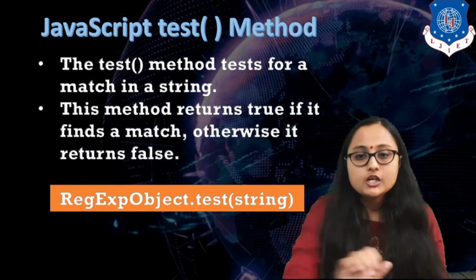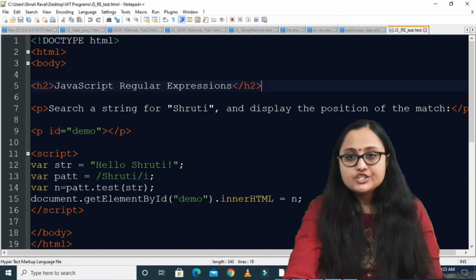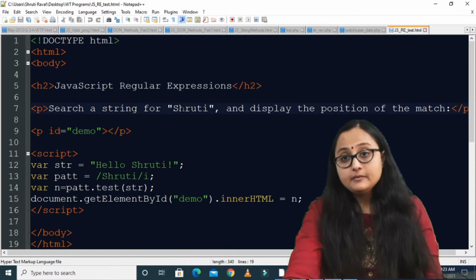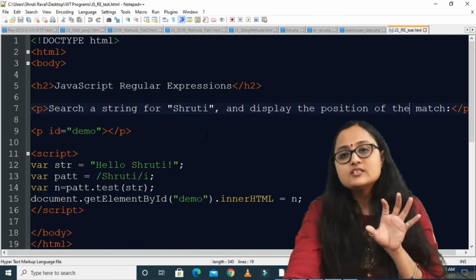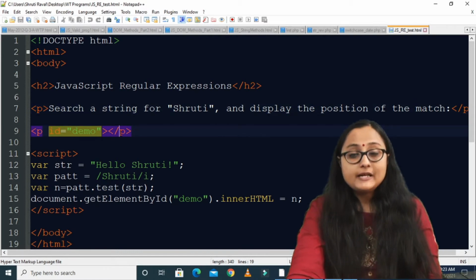Right? So here you can see that I have a heading in which I have written JavaScript regular expression. I have a paragraph in which I have written what I am going to do. Basically I am creating a pattern Shruti and I am going to search it for a string that I am mentioning. There is a paragraph which has an ID demo, right?